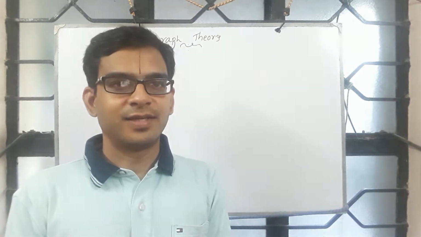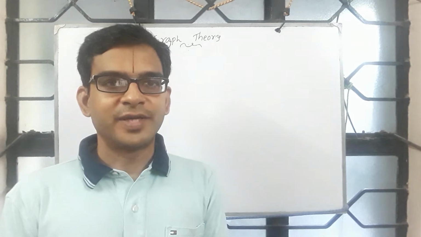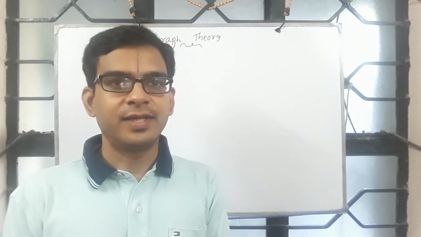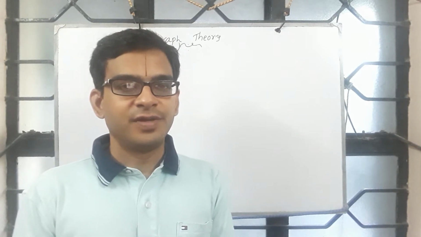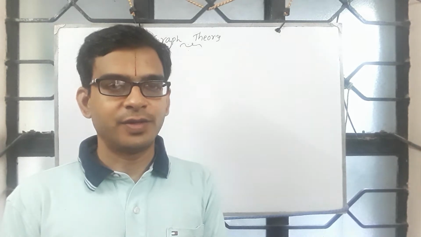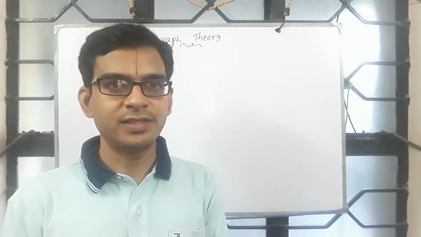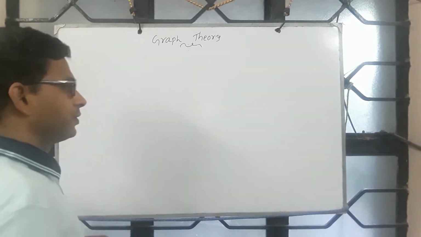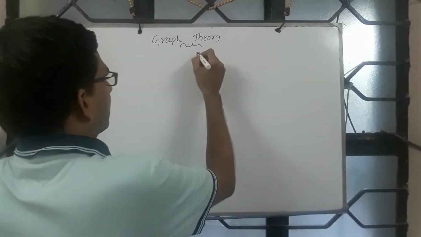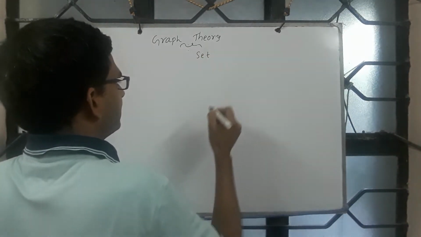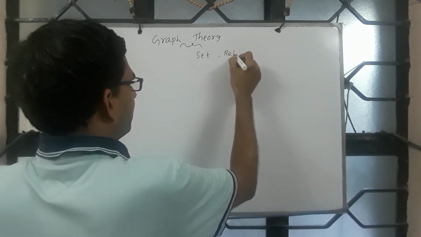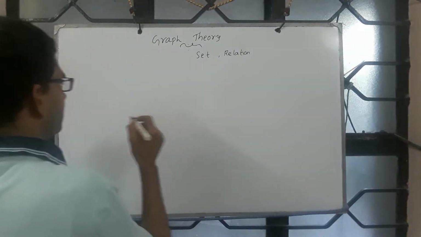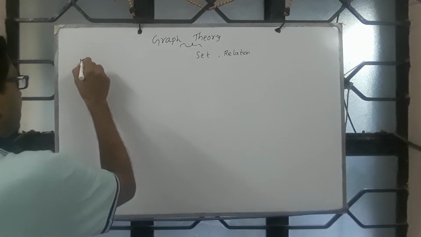We shall next discuss graph theory, a powerful mathematical model used to represent the underlying set and the relation between them. We have seen graphs when we looked at the graphical representation of relations, and they are precisely the same. So the idea is to represent a set and a relation defined on it using a graphical model. So let's look at a couple of notations.